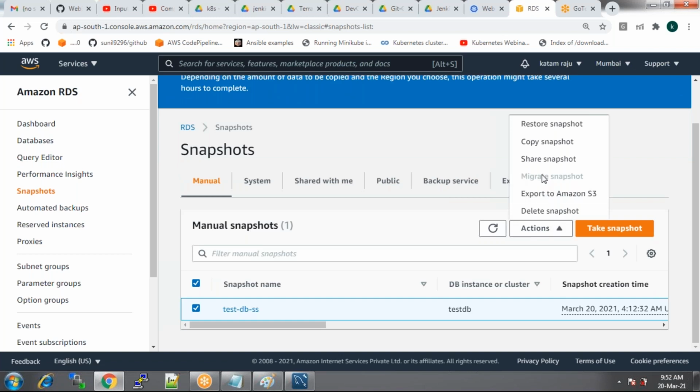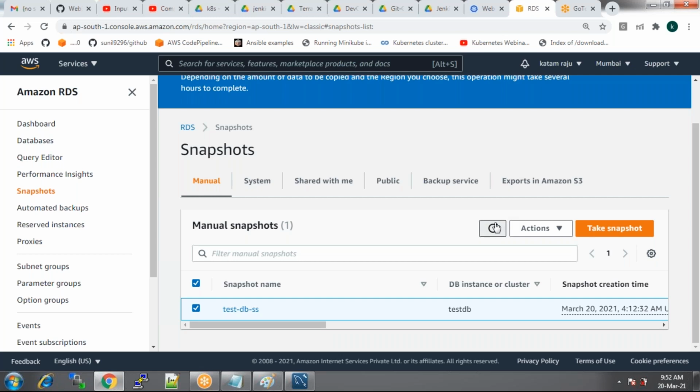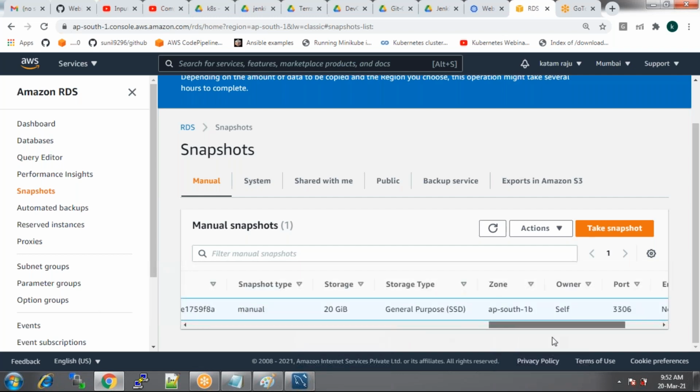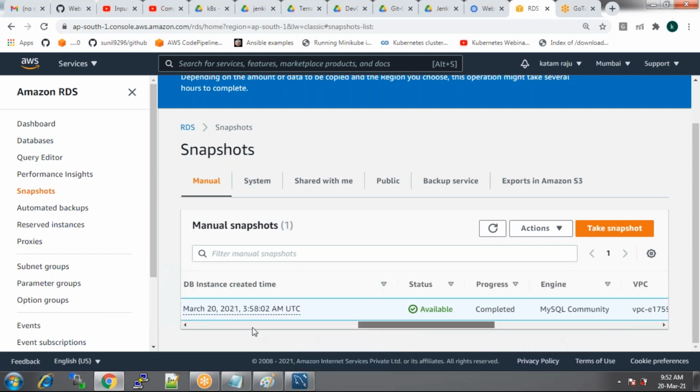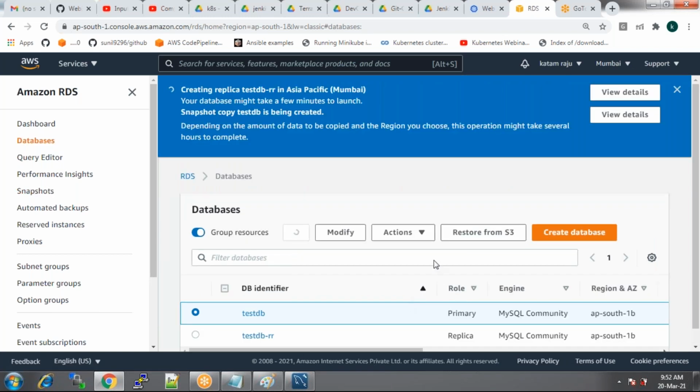Migrate. Okay, so you have migrate, but what is the status of it? It's available. Just a second. Actions, migrate is not there. Why is this not enabled? This is a snapshot, right? Did I do any changes? You can migrate that, but just a second. But you can migrate that to only